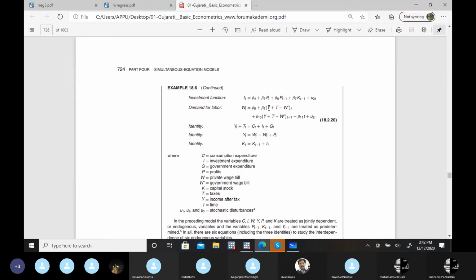Now from this equational scenario, we are getting the point that it's a predetermined variable, that profit is an exogenous variable. But maybe in this particular model, they have specified in this research paper that profit is an endogenous variable. So that's the only thing. It's not something that technically we get the idea from that it's an endogenous variable. So that's why they now have more endogenous variables and fewer predetermined variables. Only 3 variables they have taken as predetermined variables.